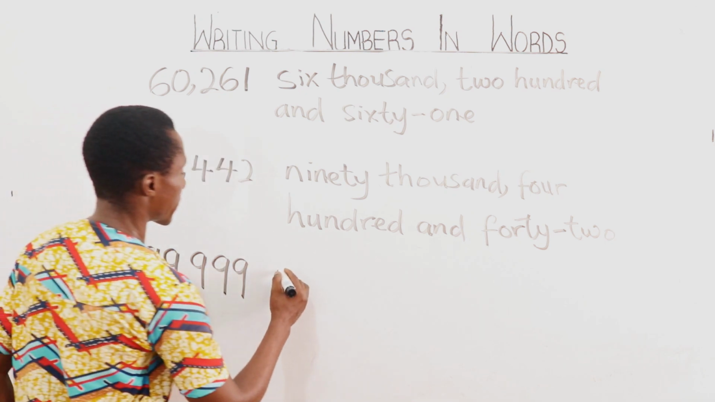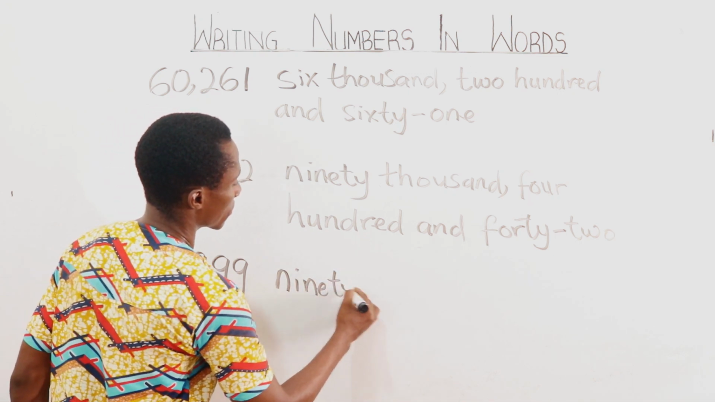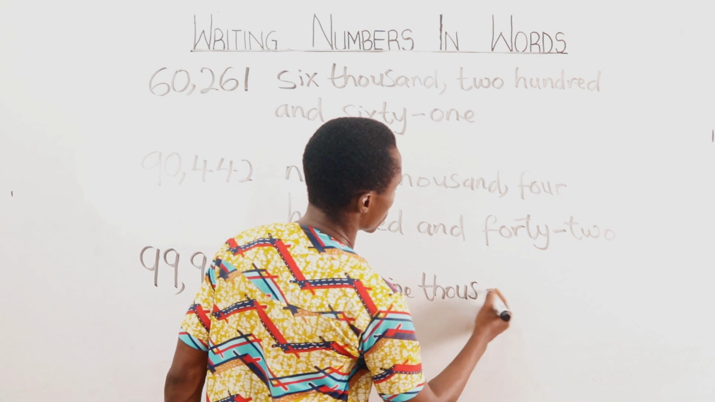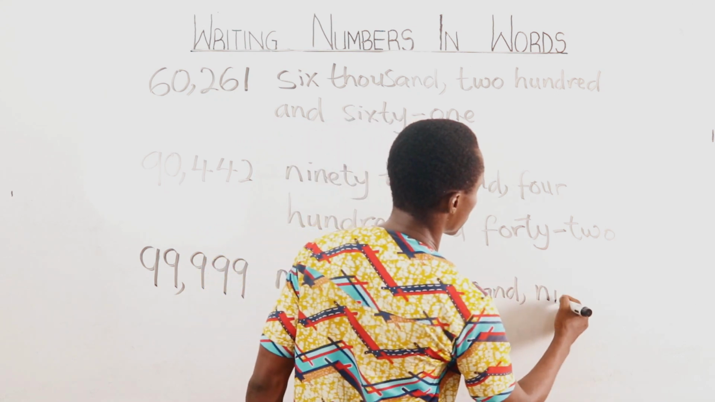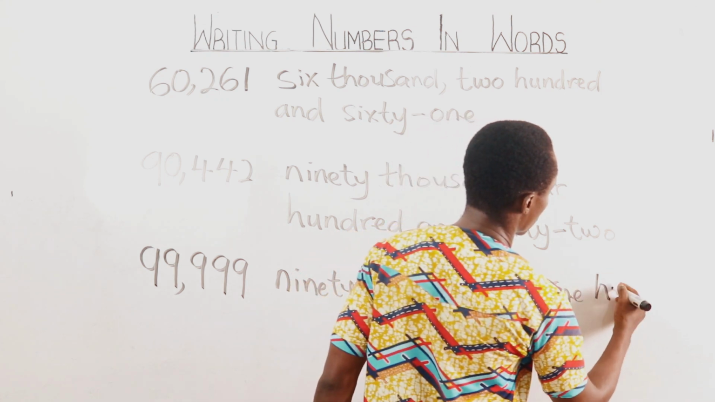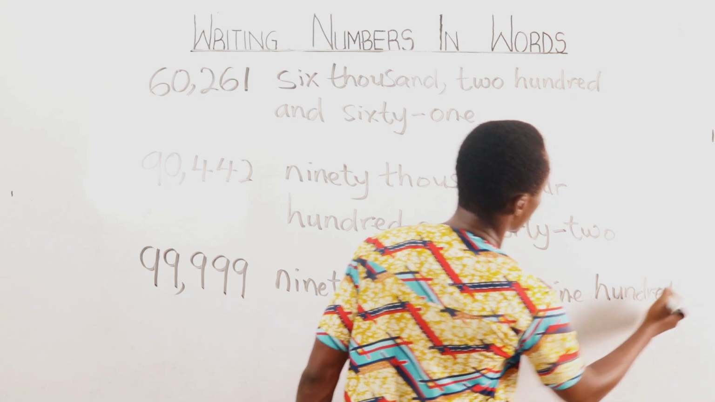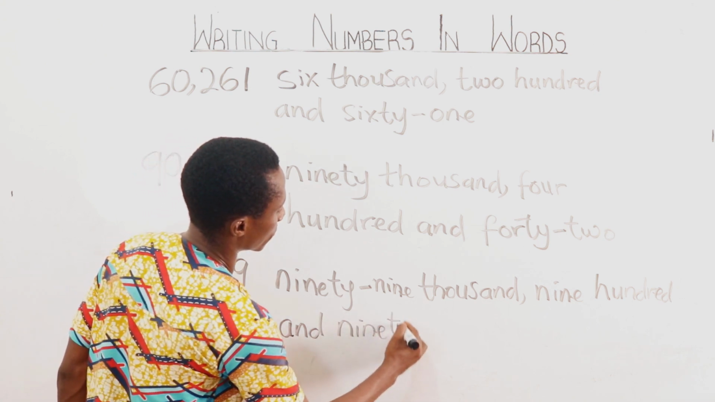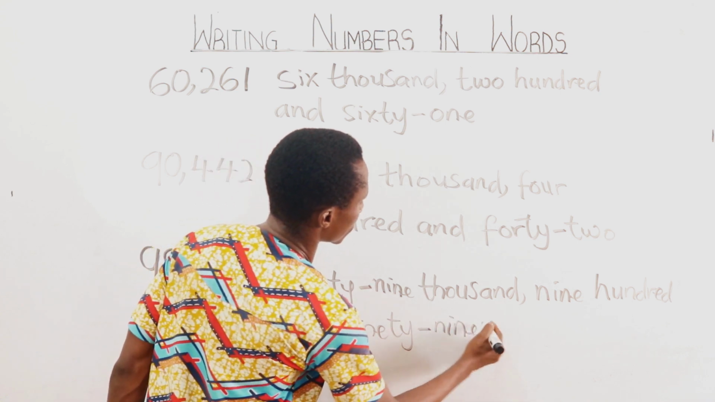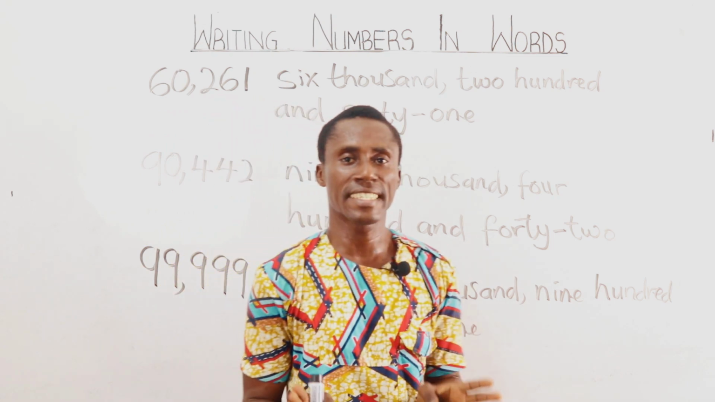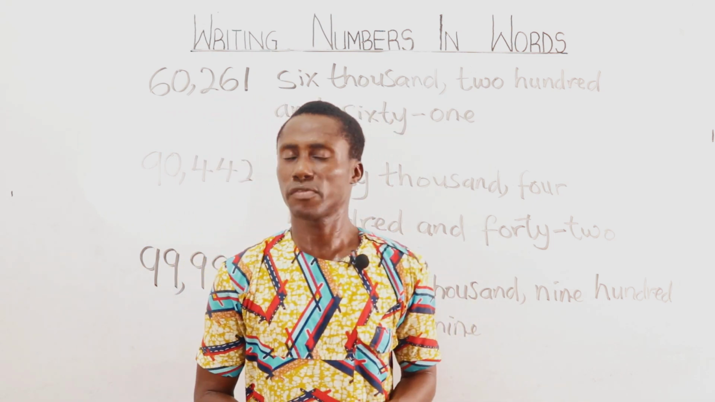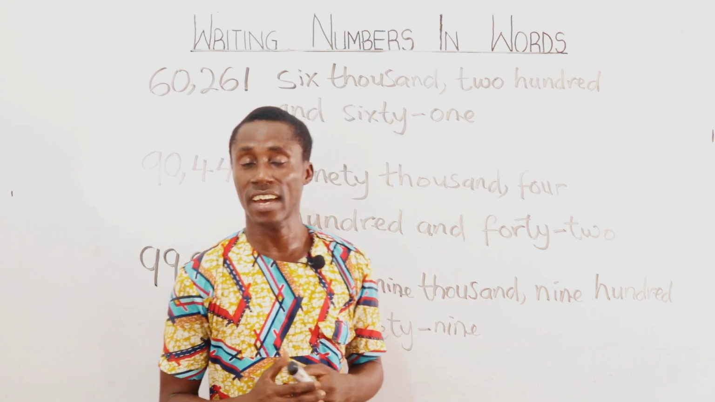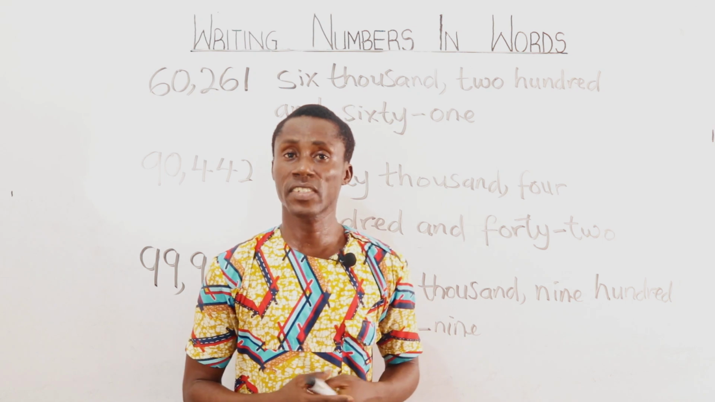99,999, and that is 99,900 and 99. Okay, so now we know how to write the numbers from 10,000 to 99,999. The next number is